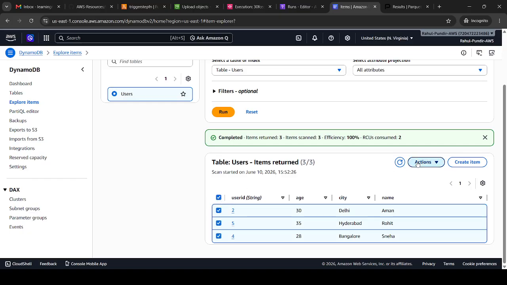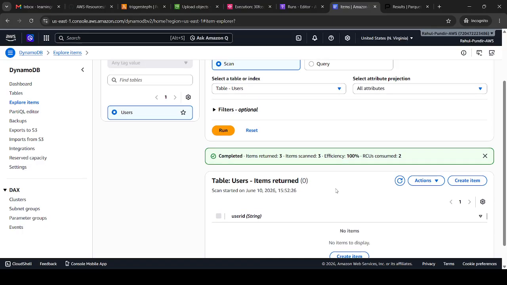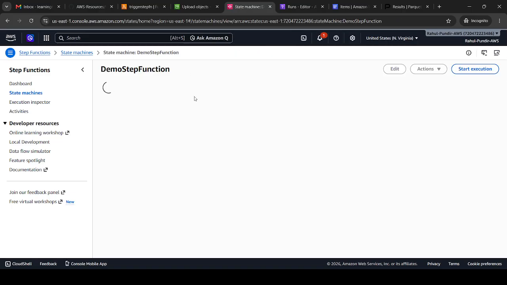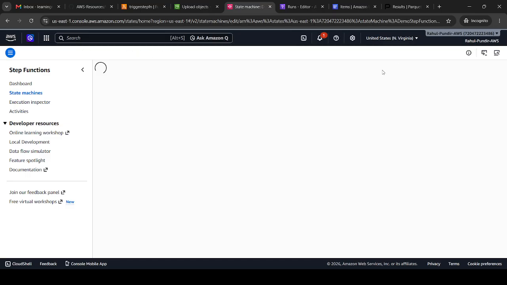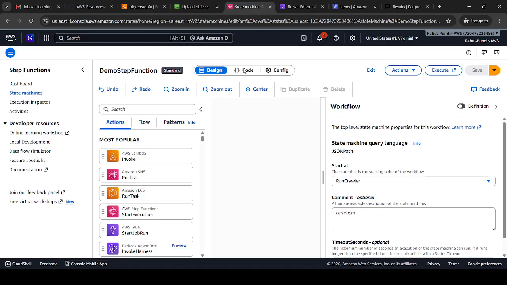So let me select this and delete it so that we can again push these records in our demo. Let me go to the step function first. All right, so this is my step function, Demo step functions. It is loading for me, and I'm clicking on edit. Okay, so going to code,